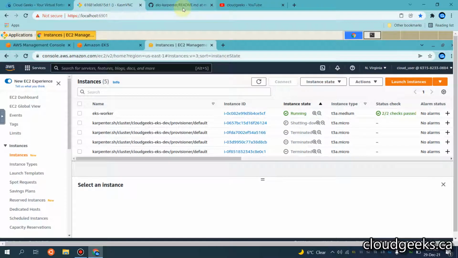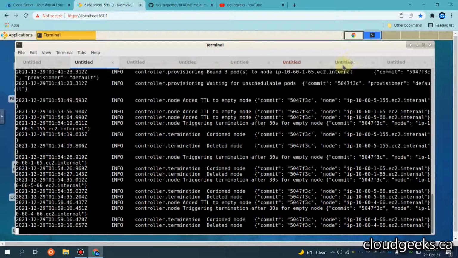So guys, this is the complete hands-on demo. In detail, I've shown you how scale out and scale in happen. We set up the deployment of Metrics Server. We used the kubectl top command to see the CPU utilization and memory utilization.